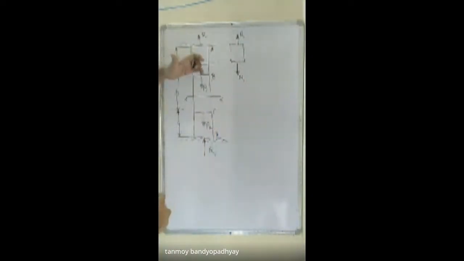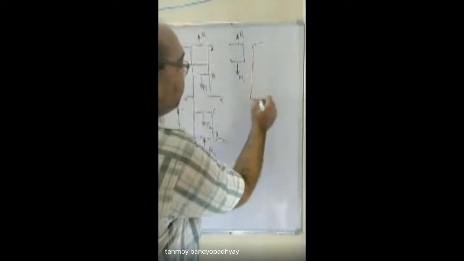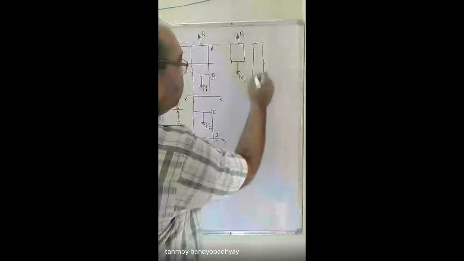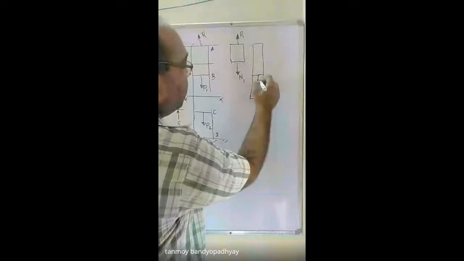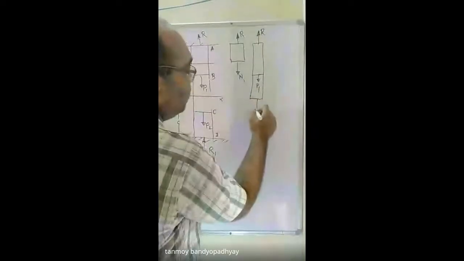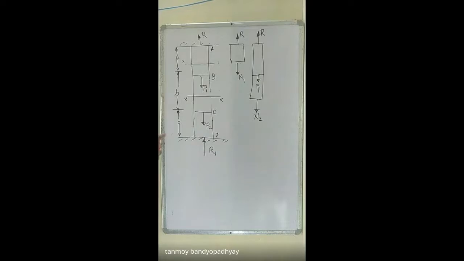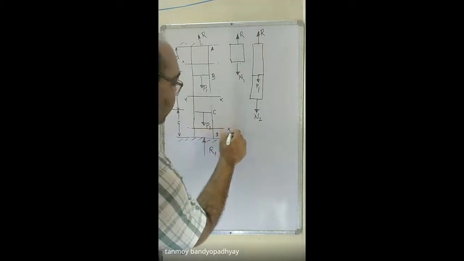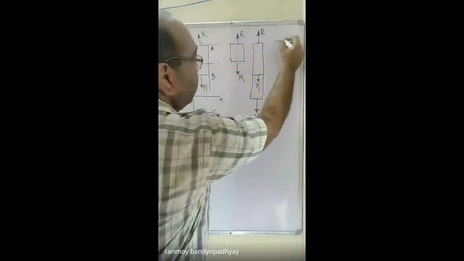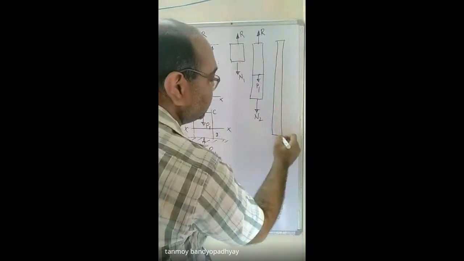Now when I cross the point B, the effect of the other force will come into effect. So I will be having P1 here, R here, and N2. I don't know the value of N2, so I will be having N2 here. Now you change the cross section to this point and draw the free body diagram for the upper part. Upper part, lower part, anyone you draw, you will be getting the same answer.